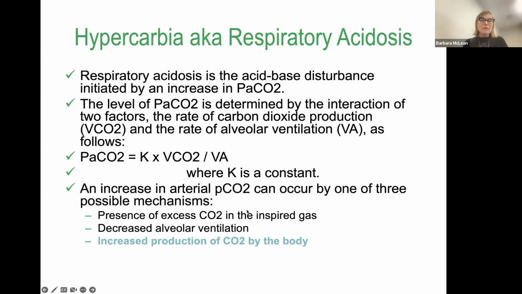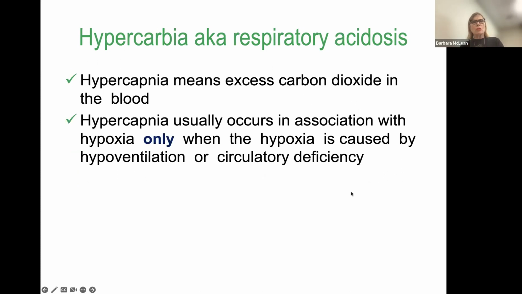So here, presence of excess CO2 in the inspired gas, we're going to need our respiratory therapist. We're also going to ask our respiratory therapist to address minute ventilation, tidal volume times respiratory rate, to clear more CO2. But the increased production of CO2 by the cell is only going to be evaluated, monitored, and managed because you actually looked at PvCO2. So in your central vein or your mixed vein, looking at the CO2 production. If I've increased CO2 production, I can only answer that by increasing my stroke volume and cardiac output. So I get a lot of information from evaluating CO2 when I'm looking at my patient trying to make good